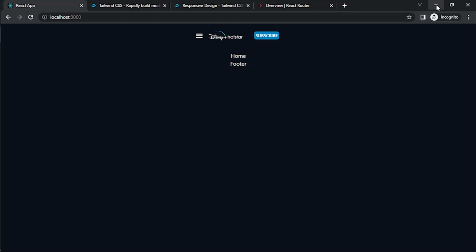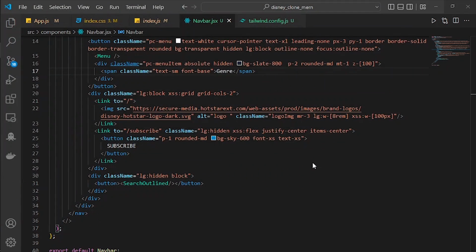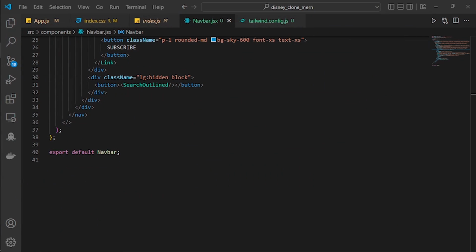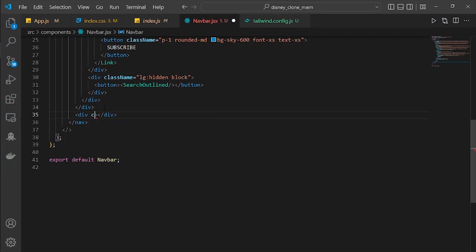Search button is hidden. After that, we will have the list of the links. I will put it 3 divs outside of here. 1, 2, 3. So inside of the nav, we will have a new div with a class name equal to